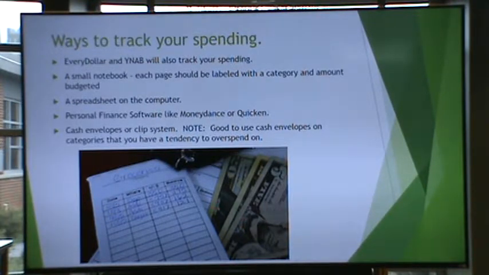But we also use our grocery money for like the paper products and hair care, so it's kind of combined. But, you know, at the end of the month, we'll just look, how much money's left in groceries? Oh, nothing, we spent the full amount. So we kind of get an idea of how much we spend and we can adjust there. Usually in February, we increase it a little bit because we do a pretty big meal for Valentine's Day, that type of thing. So those are just different ways to track your spending.